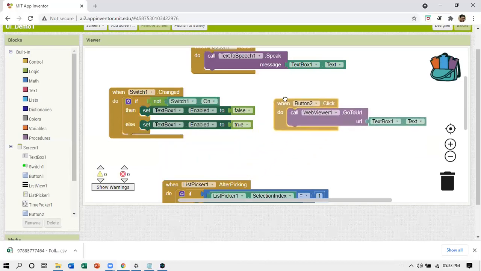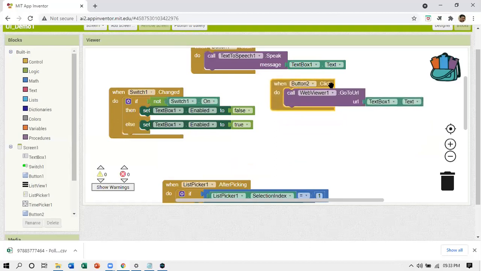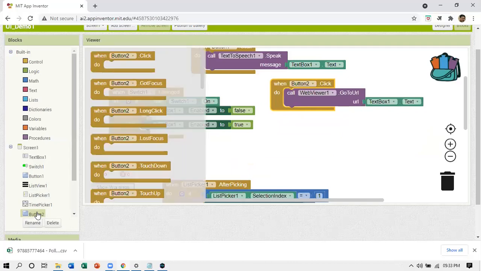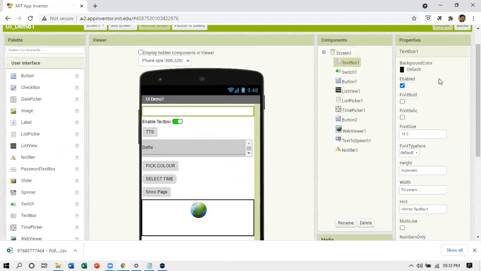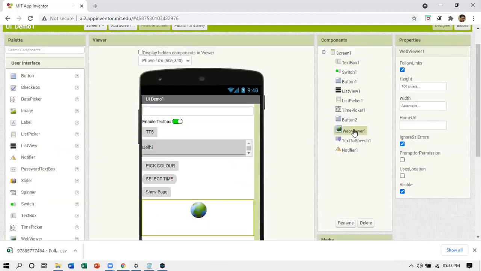Now let us see this block. When the button 2 is clicked, click event, button 2. Here is my button 2. I drag click event like this. In button 2 dot click, what I am doing, I am handling web viewer. Remember web viewer, this component, web viewer 1.